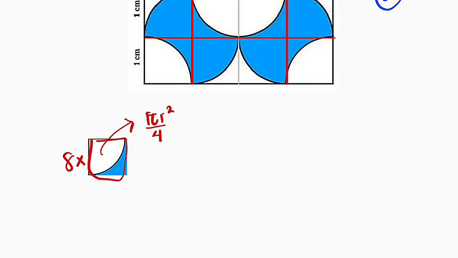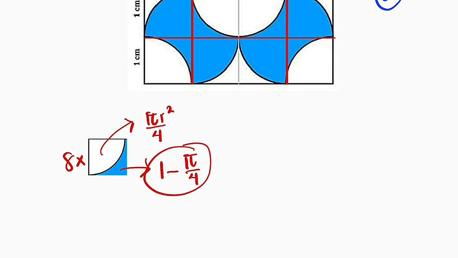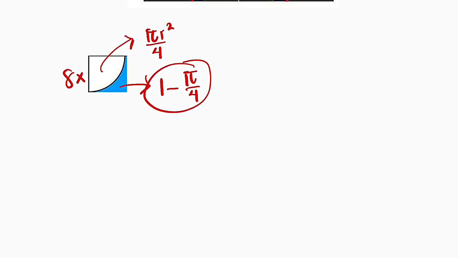But the entire figure here is what? 1 centimeter squared, because it has a dimension of 1 by 1. So therefore, if you want to find the area of only this blue region, it will be what? The area of the square, which is 1, minus the area of this quarter circle, which is pi divided by 4, because radius is 1 unit. But we have 8 of these, right? So let me write the total area of the shaded region. Total area